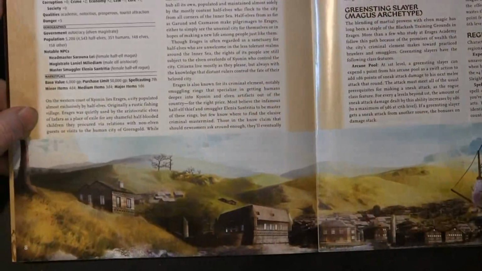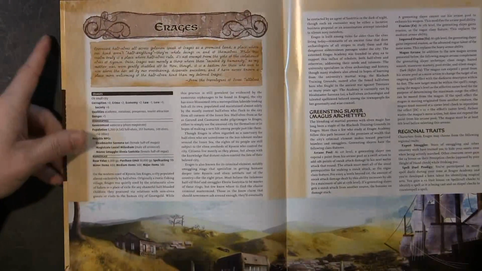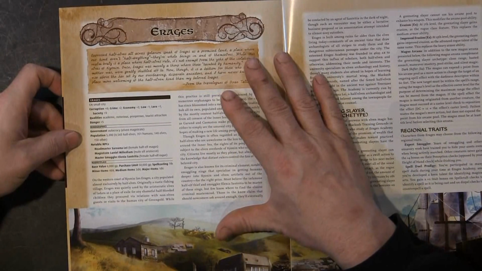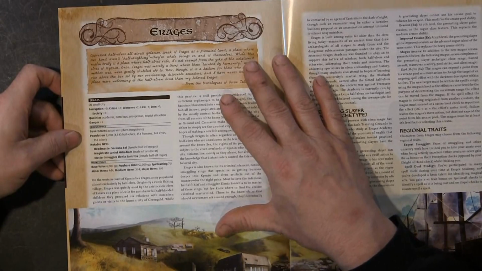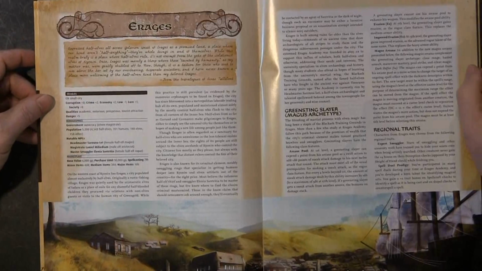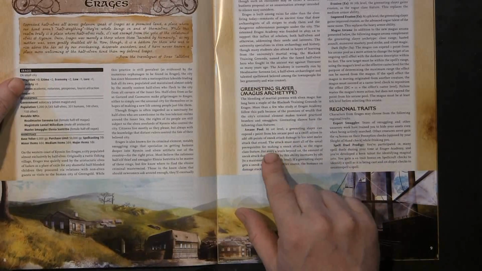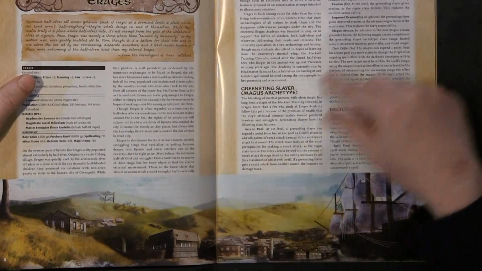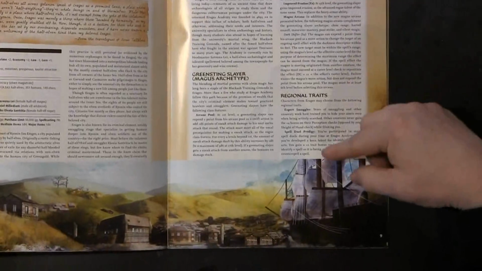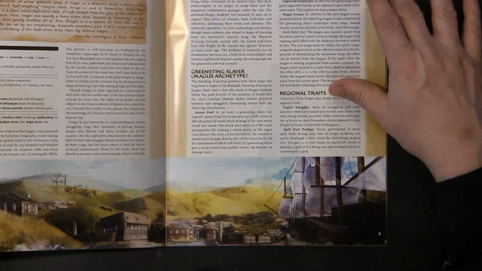And then another thing they do is they talk about, in this instance, Arages, which is an all half-elven city. So it's an interesting idea. There's a Green Sting Slayer, which is an archetype for the magus, who has Arcane Pool, Evasion, Improved Evasion, Magus Arcana, and then there's also regional traits for being in the city. There's an Expert Smuggler, a Spell Duel Prodigy,